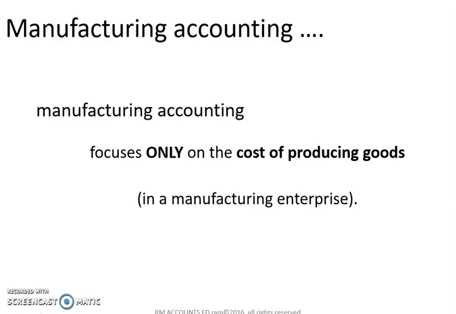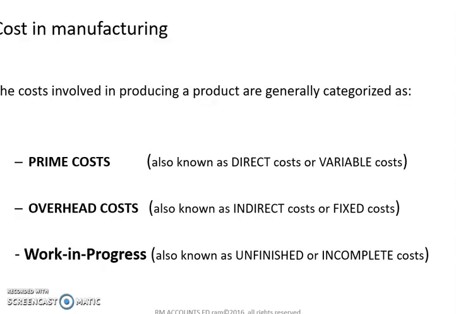So the manufacturing account focuses only on the cost of producing goods. Before, we looked at the sole trader and the partnership, whose focus was to make a profit. But here we're looking at the cost of producing goods. And the cost of manufacturing